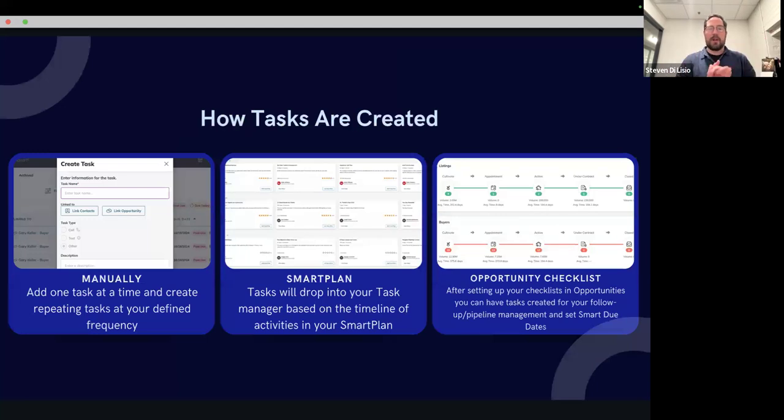All right, so we're going to talk about how tasks are created. I'm going to show you how to manually create a task, how smart plans create the tasks, and the opportunity checklist as well. And I've set my opportunity checklist up before this, where yours is not going to act like this unless you build it into your command, because by default, it's not going to remind you to do this,